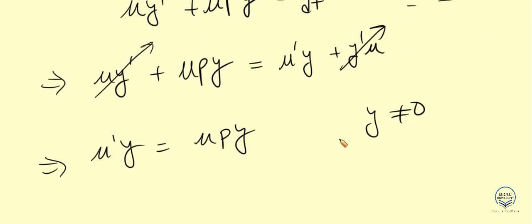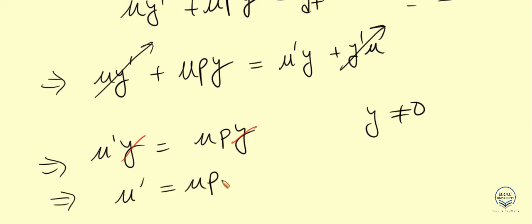So that's why we can get rid of these y's, because if y is 0 we won't be able to divide by y on both sides. So finally, when you get rid of this y, you will have mu prime is equal to